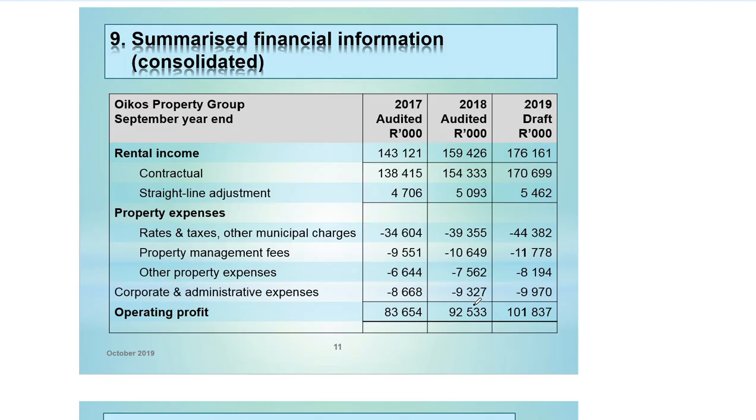When you're looking at number 9, we have summarized financial information. Now, when you're given summarized financial information, what are you going to be doing? Calculate the important ratios for the company, analyze the trend, check how the changes have happened from 2017 to 2018, 2018 to 2019. So you look at the trends and calculate the important ratios that you believe are important.